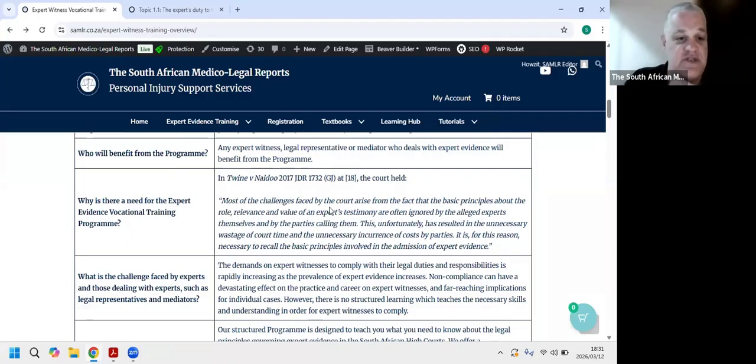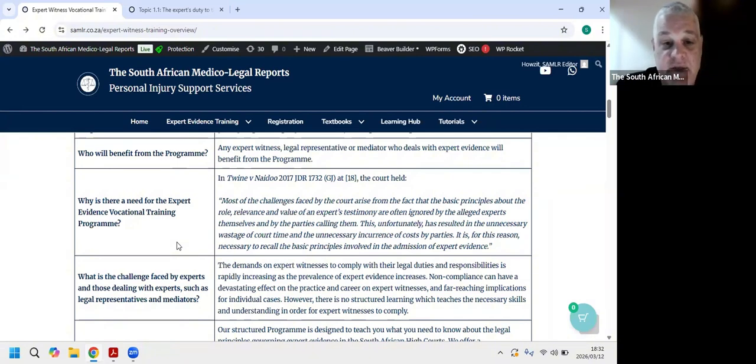I'm not going to go too much into that. Just on why there's a need for expert evidence vocational training. As I said to you, I spoke generally about the development in the courts of the concept of expert evidence and how it's becoming more sophisticated and indeed more challenging for everybody, but particularly for experts. And in Twine versus Naidu, which was decided going on now 10 years ago, Valley AJ had